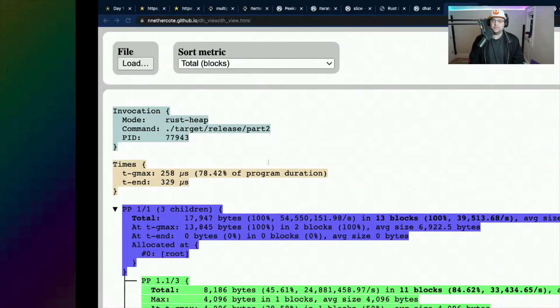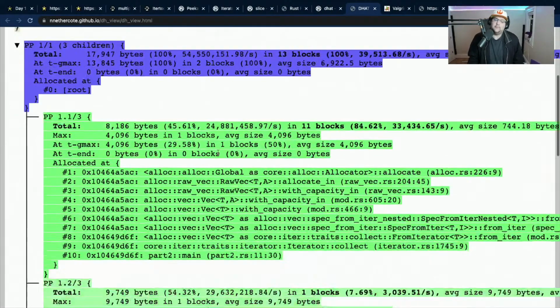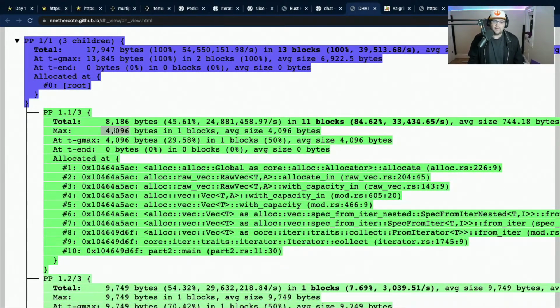Yeah, I bet you that's what's happening. I totally agree. 4,000 bytes, it probably tries to double or something like that. Or one block, average size 4,096 bytes. It probably clamps it down after we collect it. Let's see, iterator collect, traits collect, spec from iter nested.